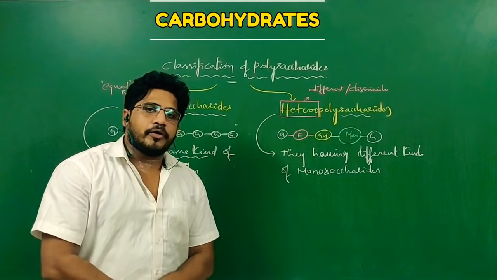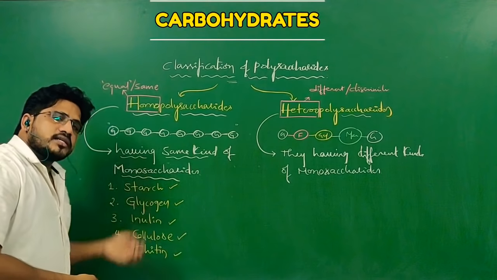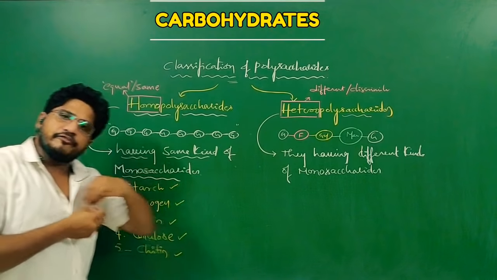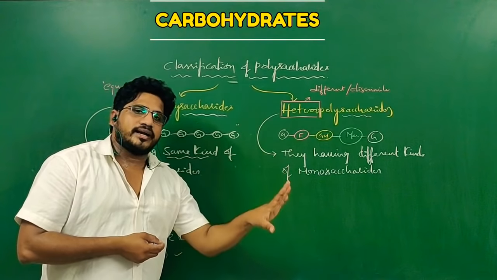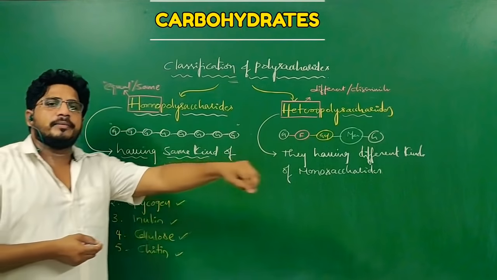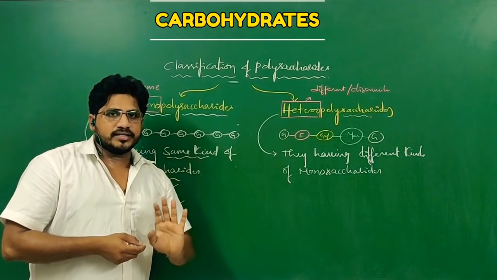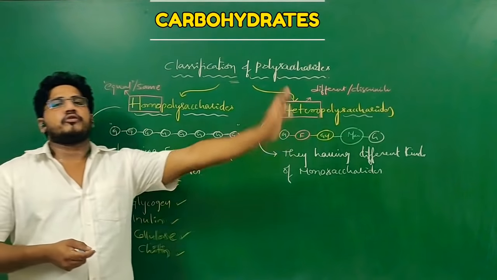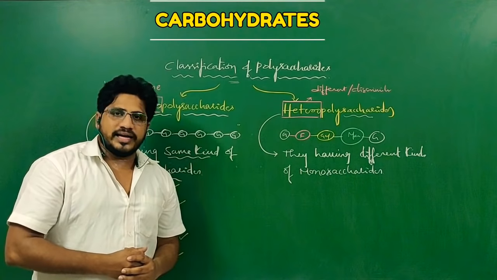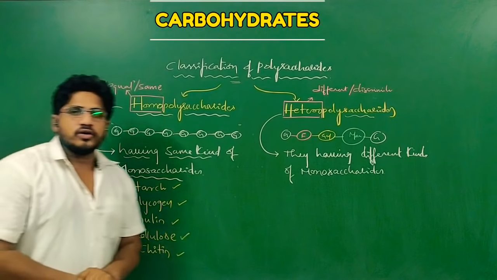Here is one more important point I am telling you. All these are homopolysaccharides, but all these are not made up of glucose. In the starch, every monomer or monosaccharide is maybe glucose. In glycogen also, all are maybe glucose. In inulin, all are fructose. But they have only one type of monosaccharide repeated with the glycosidic bond. The structures were established. But don't think all these monomers belong to glucose.